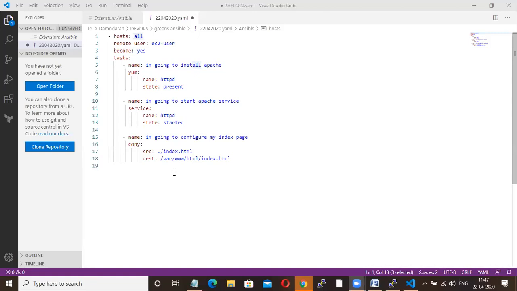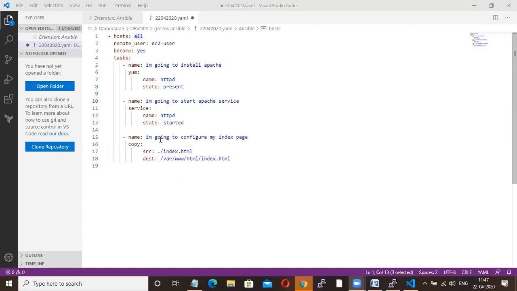I'm not writing any Java. I'm not writing any Python. I'm not writing any .NET, because even I don't know, I'm also completely from an infrastructure background. If you talk about C++, other than the alphabet C, I don't know anything about it. So I am not writing any programming language here. It is just indentation. What is indentation? Indentation is nothing but spaces. That's it. If you practice it, then it is very easy.